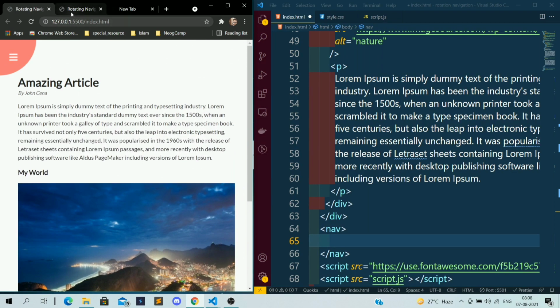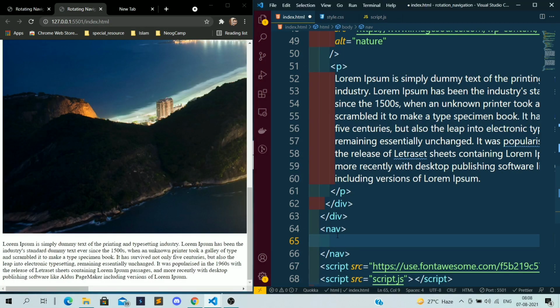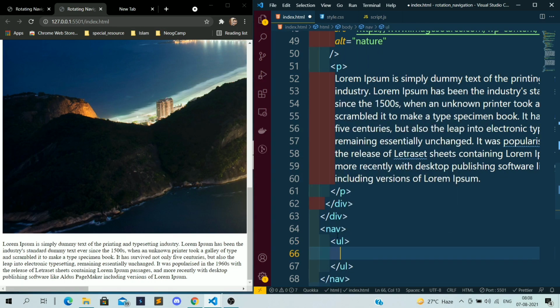button. As of now I am making this nav bar using the nav tag, and inside that I will use the ul tag, and inside that I will use the li tag, and in the li tag I want to use the icon. I want to use the icon of a home.